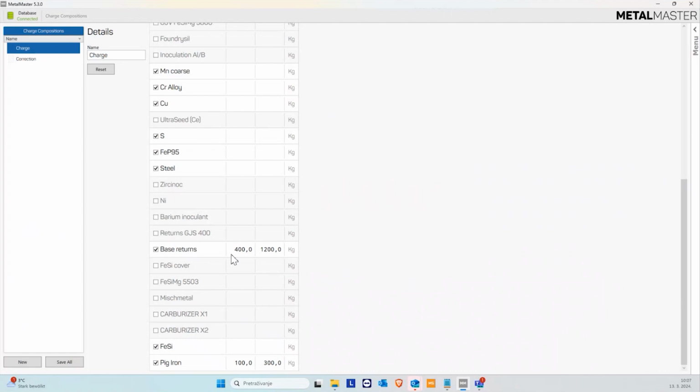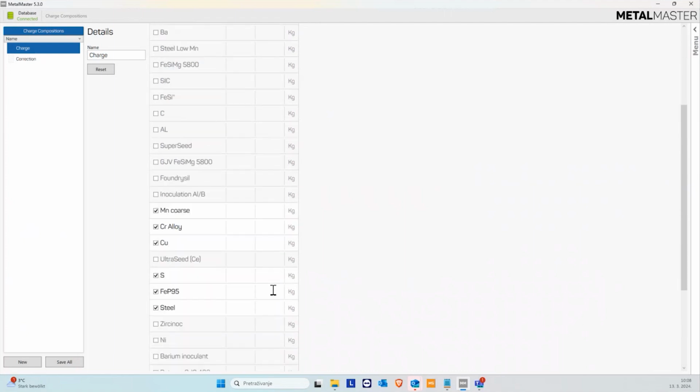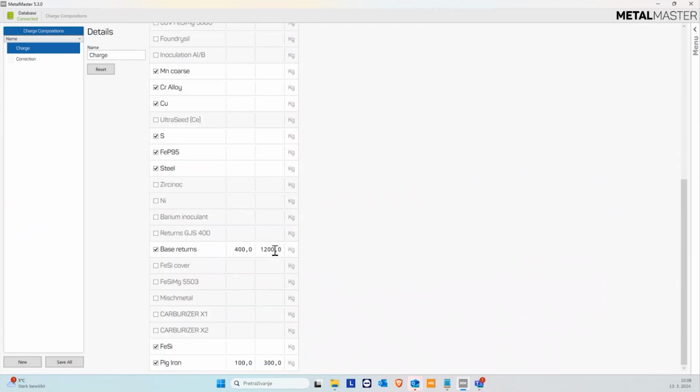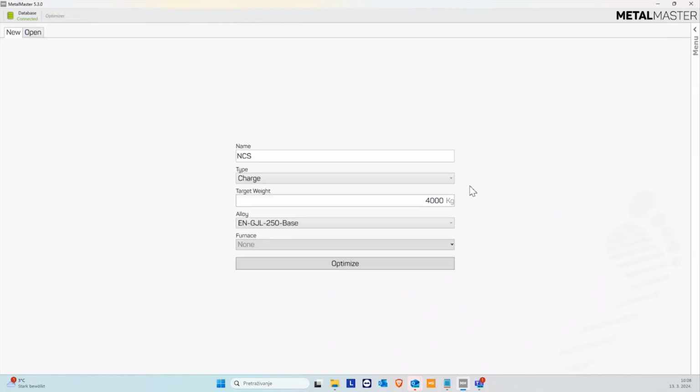materials. As you can see here, for the base returns, I put that the minimum is 400 kilos and the maximum is 1,200 kilos. And for the pig iron, I put the limits between 100 and 300 kilos. That's simply because of those experimental, let's say in a way, test optimizations, but you can have it differently according to your foundry specifications, etc. Of course, you will see that later on during the optimization. Even when you get the optimized results, you can change these things manually in the optimizer module itself. So let's get it done. So simply we just click optimize, and then